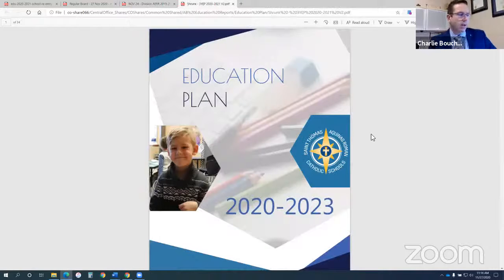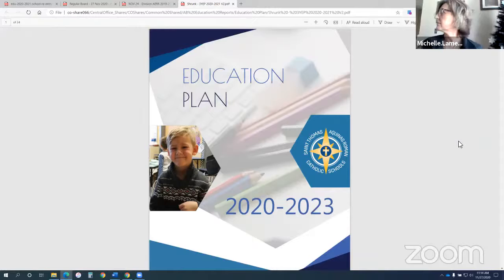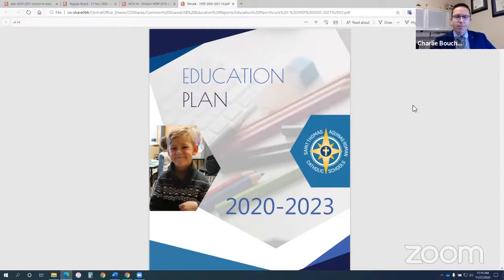So next I would present to the board the education plan as outlined in 4.7. So this plan is for the years 2020 to 2023. So new in this process is the ability for boards to do a term plan rather than a rolling plan. And we are choosing to do a term plan. This education plan would normally be approved in May, and it will be again this May. But for us to get caught up and into the proper cycle, we have to approve it here in November as well.